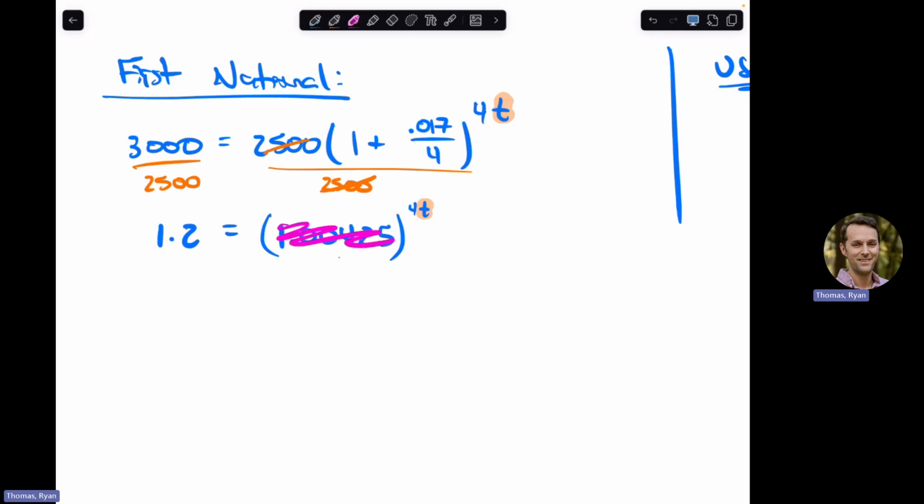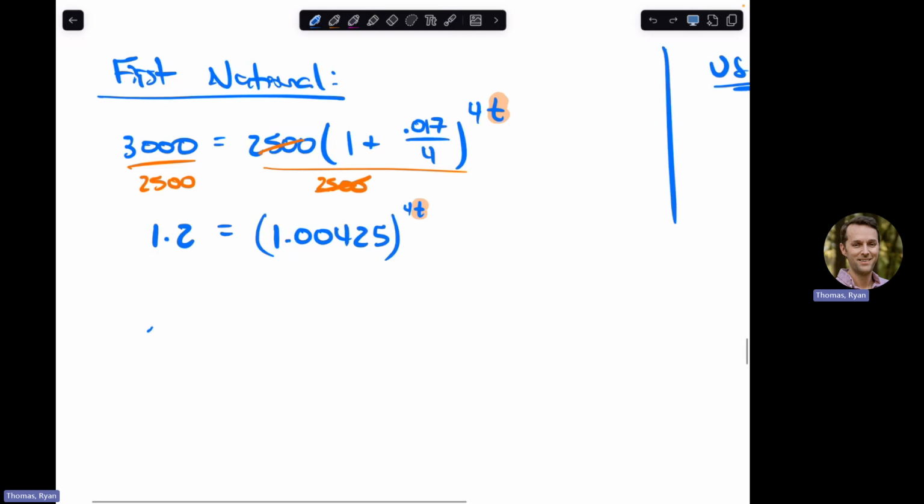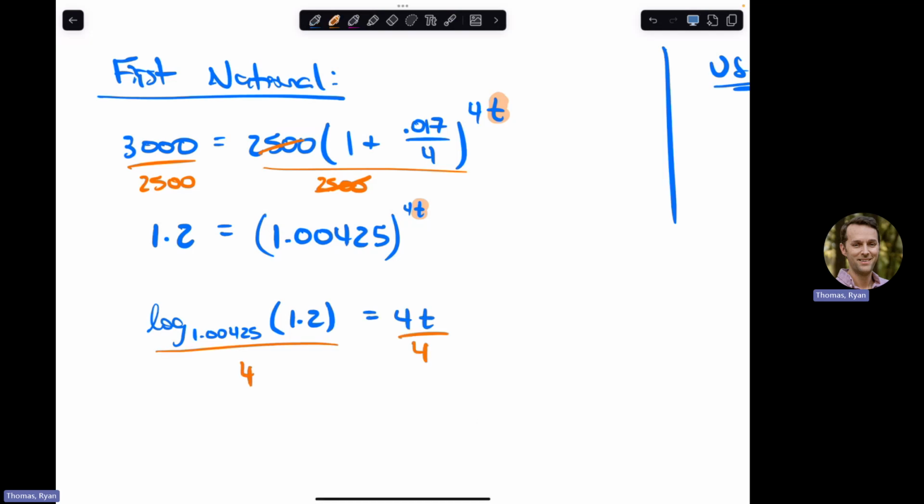You've got a base and an exponent and an answer, right? Rewrite it as a log, and what does that turn into? The log with base that, which again feels a little bit weird, but your calculator is going to do it for you anyway, of 1.2 is equal to 4t. Then just divide by 4. So t is